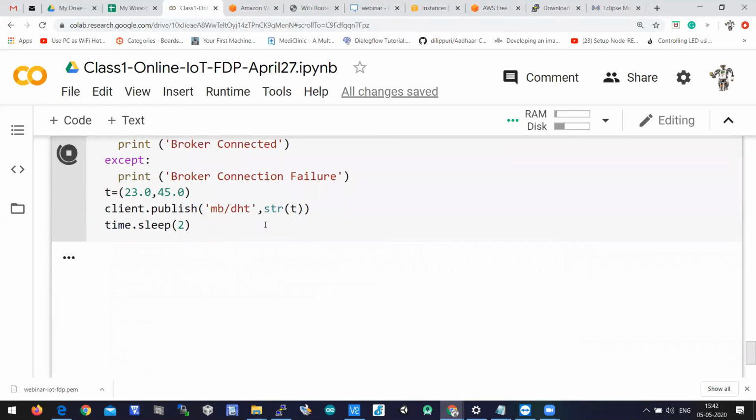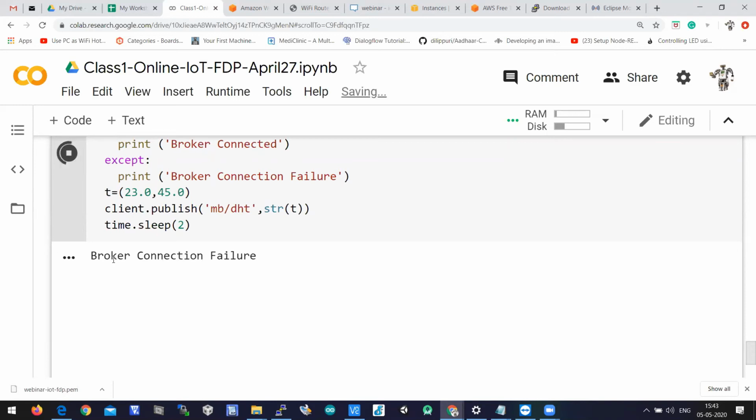When I'm running this program, it has to print broker connected if the broker is connected, else it should print broker connection failure, because in the exception we wrote broker connection failure. As of my understanding, it should print broker connection failure, because we have to configure the AWS instance. Yes, it is saying broker connection failure.